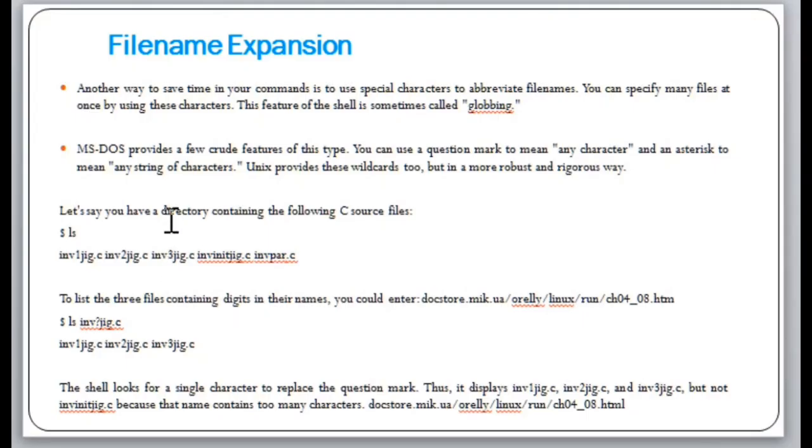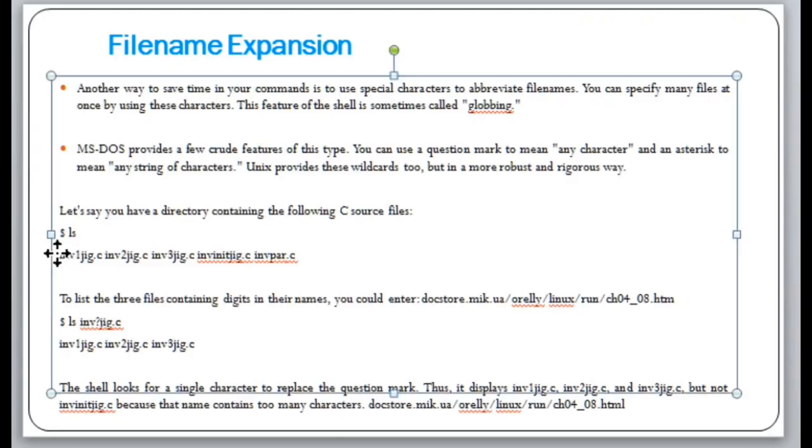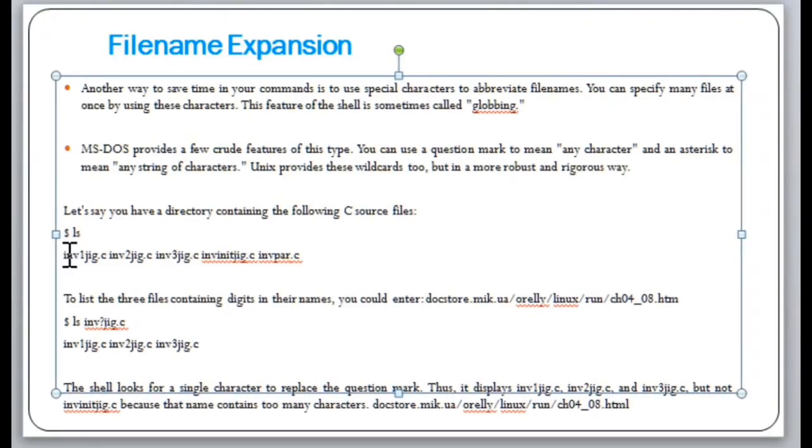Let's say you have a directory containing the following C source files. So ls, you have your first file here. Second file there. Third file. Fourth file. Fifth file. So to list the 3 files containing digits in their names, you could enter